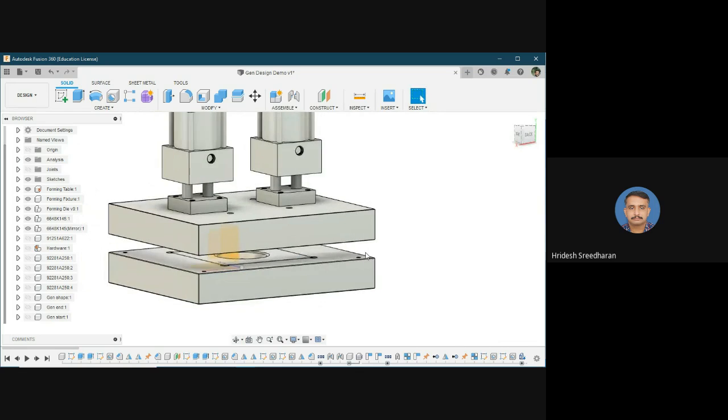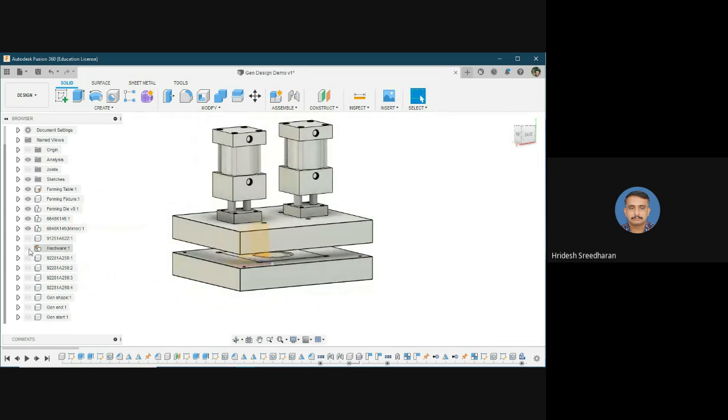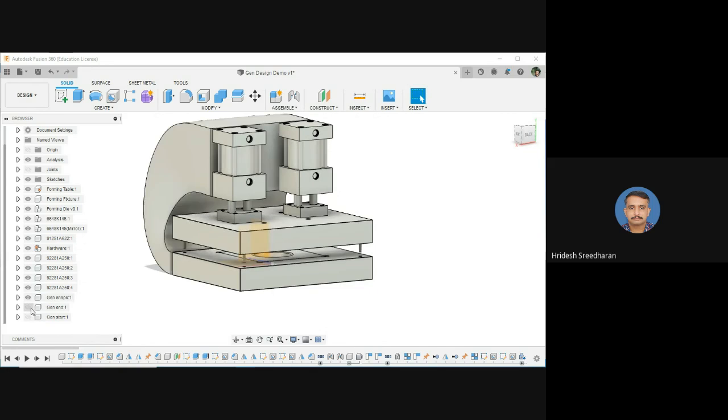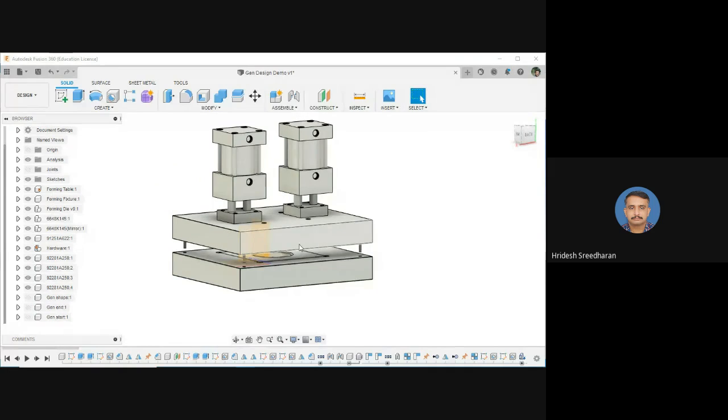Okay, and there are several hardware materials. Many of them have been hidden for time being. See, in order to keep the alignment of the die and forming table as well as the bottom die and the forming table, several hardwares are used, several studs, alignment screws, etc. So those things are hidden in it. Okay, for time being, we don't want those things, so I am hiding it again.